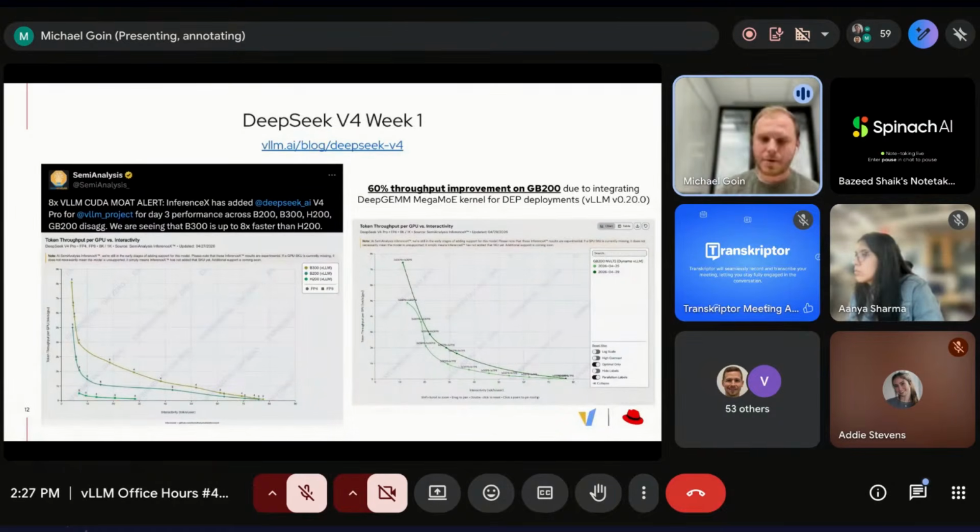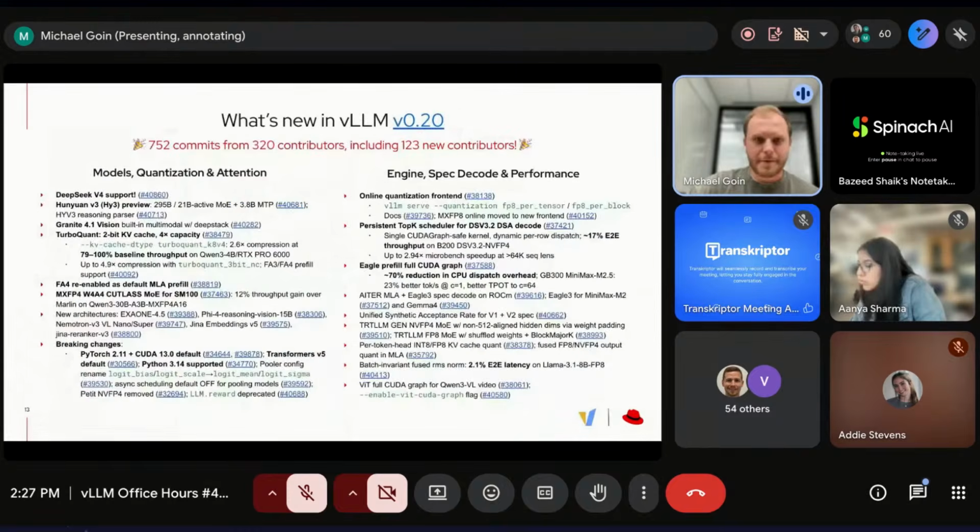As I mentioned, it's a very complex model architecture to support. I recommend, of course, you check out the vLLM blog that we published for the model. A lot of deep dives into what the model architecture is and what we've done to support it performantly. We also have a tracking issue for the roadmap for optimizing it. I took a lot of time to cover that, so I'm going to try and keep it a bit brief